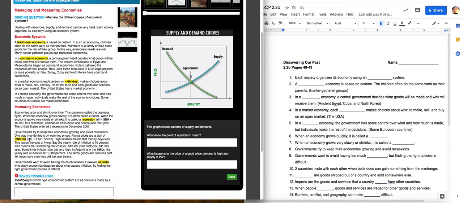You're in number 9 in your notes. High inflation means that money buys less. This raises the cost of living. Say that the yearly rate of inflation is 10%. This means that something that cost you $10 last year would cost you $11 this year. Sometimes inflation gets very high. In Argentina in the 1980s, the yearly rate of inflation hit 1,000%.